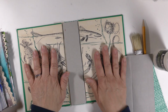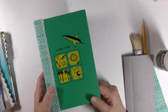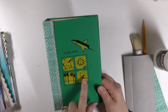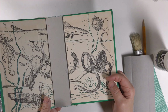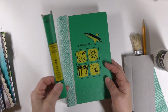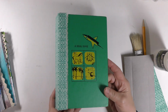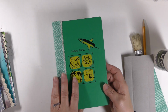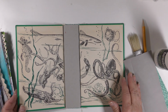I want to keep these end papers. This is a mid-century modern school book about the sea, and I'm assuming it's a series because none of these pictures are about the sea. So I assume that this series was about the sea, but the spine was so tiny that I wanted to have a bigger spine. So I went ahead and made a bigger spine for this, but I have made hidden spines using the book's regular spine too, so the spine doesn't really matter